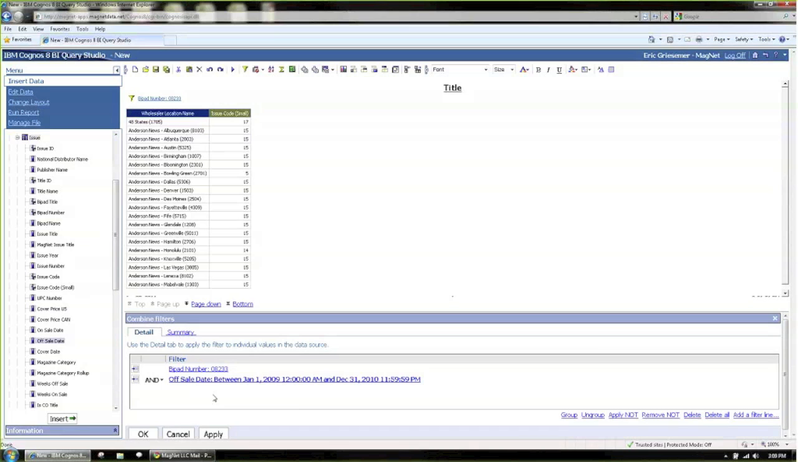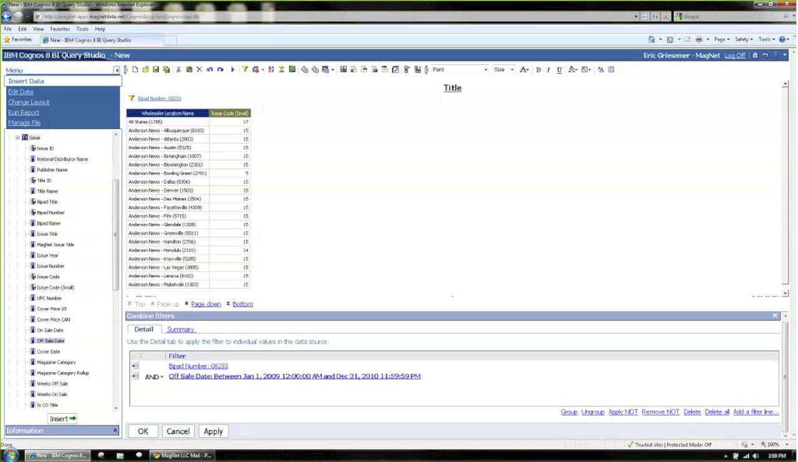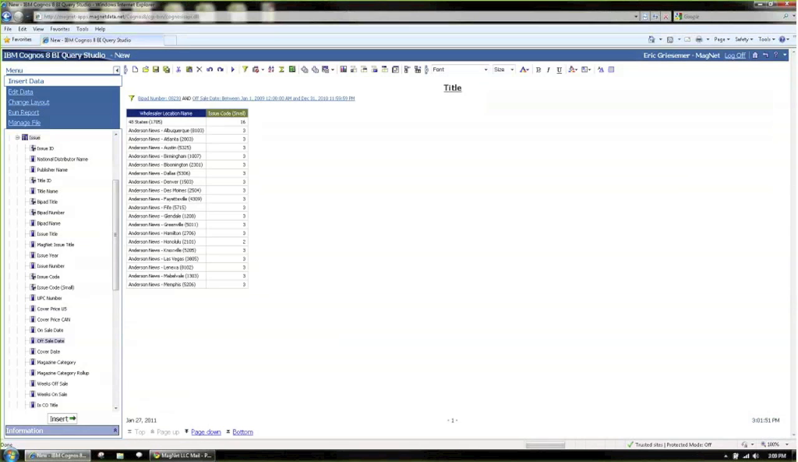I'm going to hit OK here, and it asks me, hey, are you sure you want to apply this filter? I'm going to hit OK. So now you see those issue counts went down. What I'm going to do now is I'm going to actually pull in